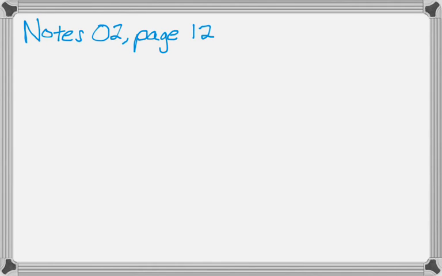Alright, in this video we're going to finish up page 12 of Notes 2. Basically, we're writing Taylor polynomials, which you could easily extend into Taylor series. We're writing Taylor polynomials for two different functions that are kind of famous limits. So that's why we're doing this. So let's get started. The first function is f of x is 1 minus cosine of x over x,